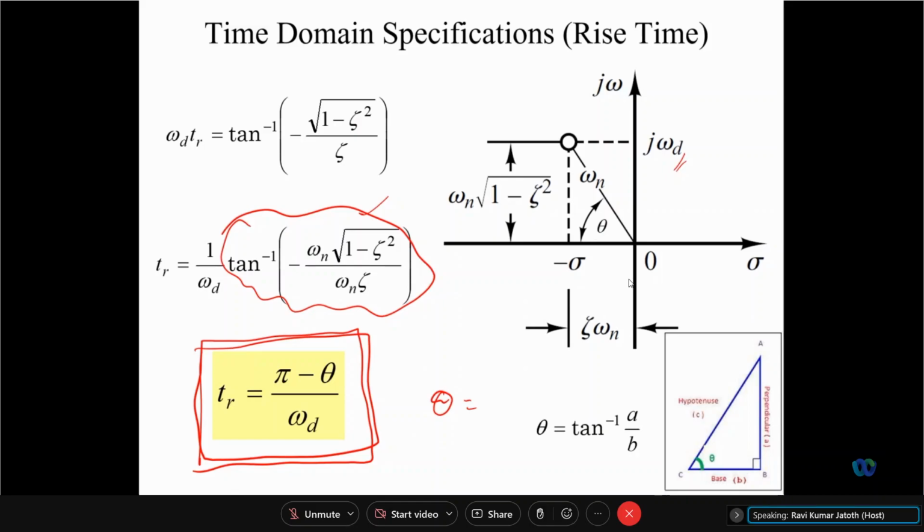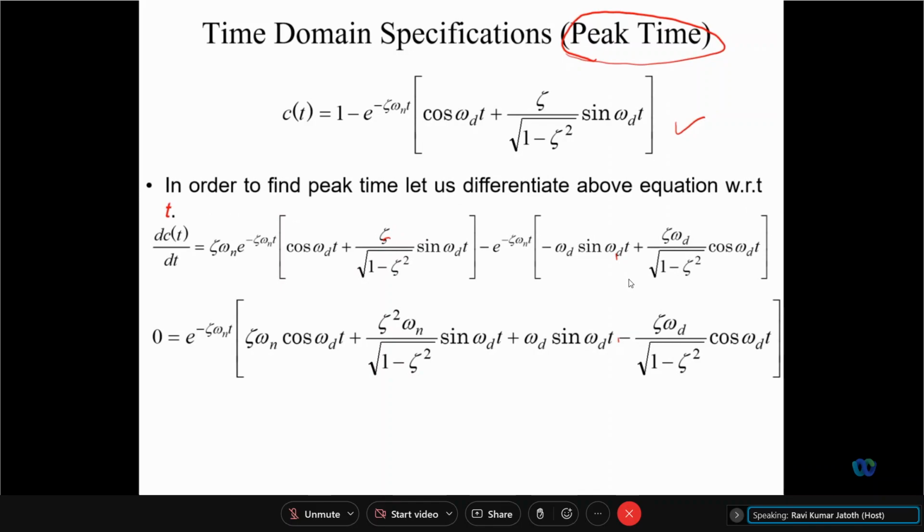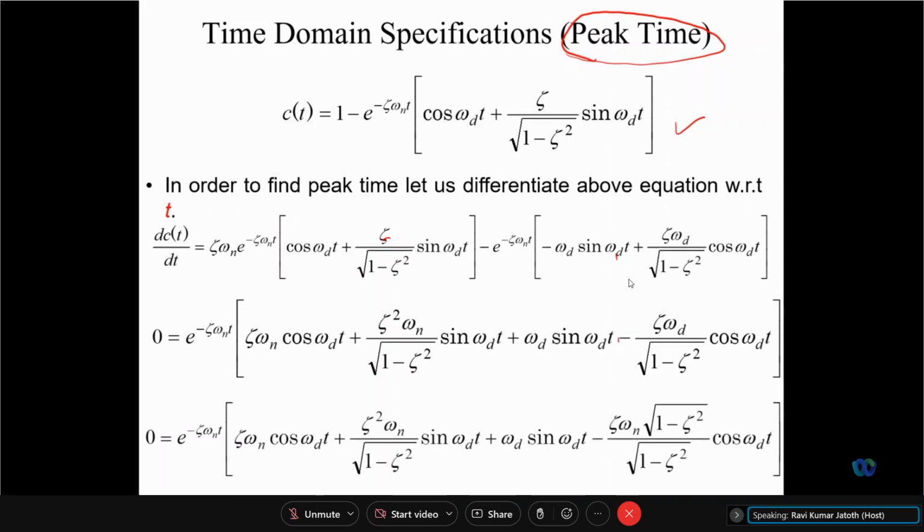So pi minus theta by omega d. So similarly here also, if you try to find out the peak time, this is the derivative we are finding, and then we are trying to equate it to 0 to find out the maximum peak. And if you simplify this further,